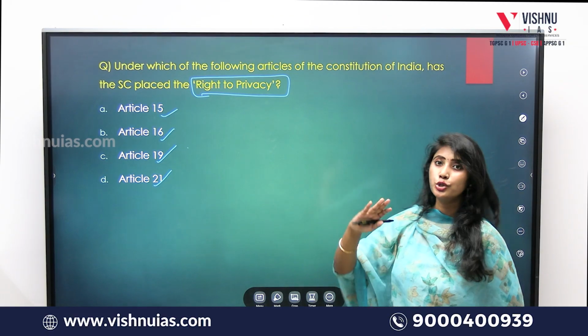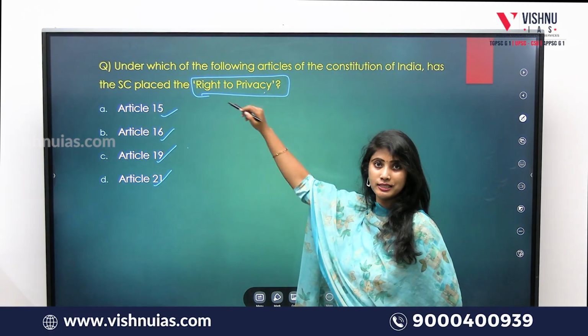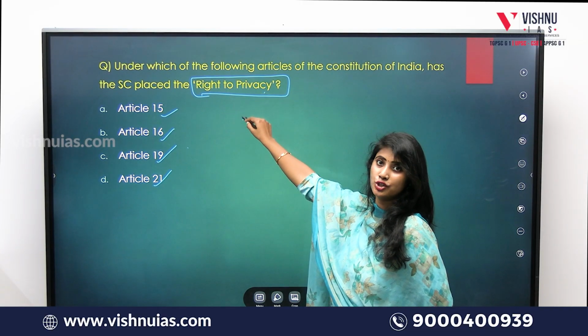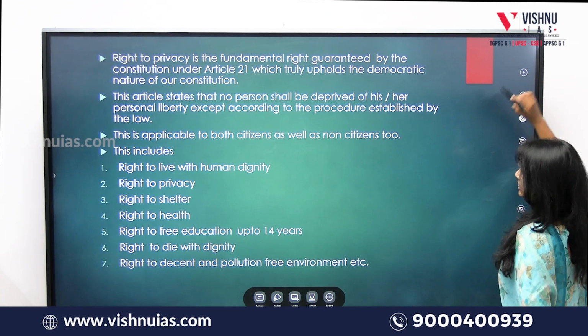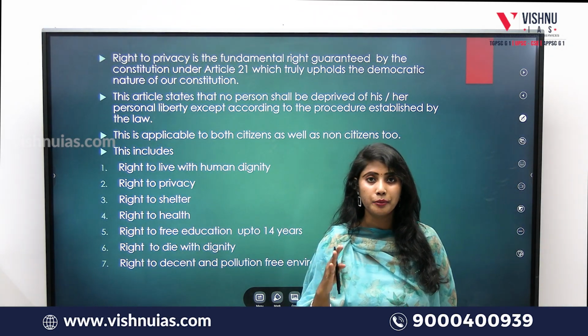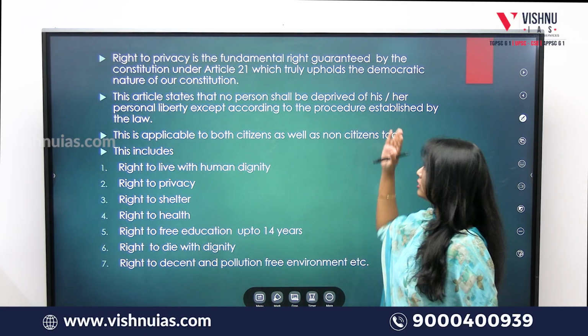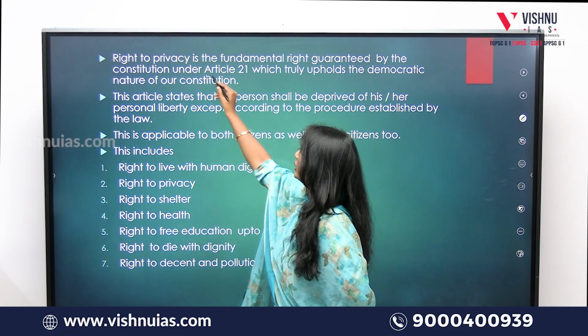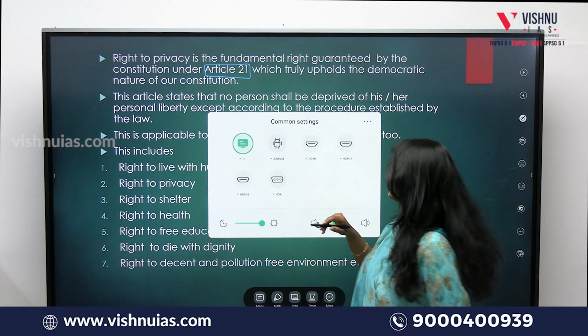Okay, for that you should be aware of the right to privacy, isn't it? This is the main theme of the question. So now let's see what the right to privacy is. Right to privacy is also a very, very important fundamental right, which will fall under Article 21. Remember this, right to privacy falls under